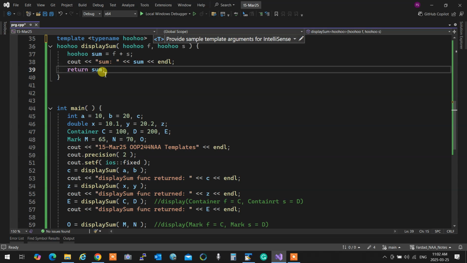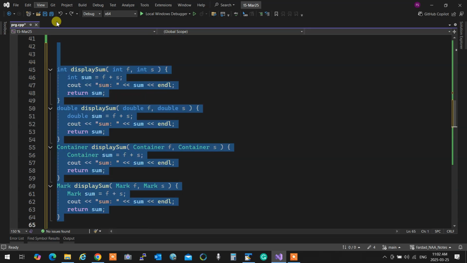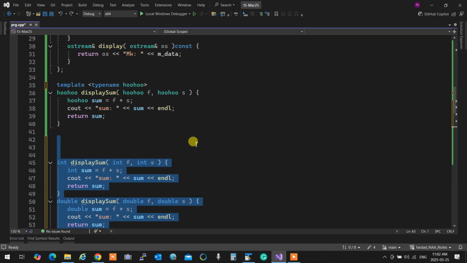Number two, if you overload a template, there is no problem. You can overload a template with no problem, which means if you have